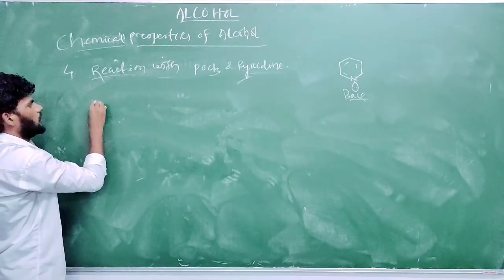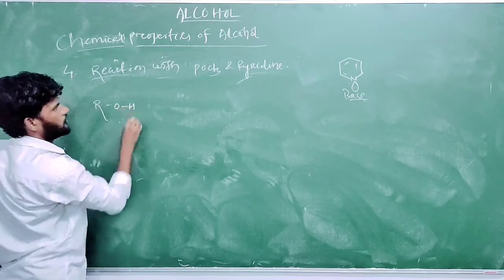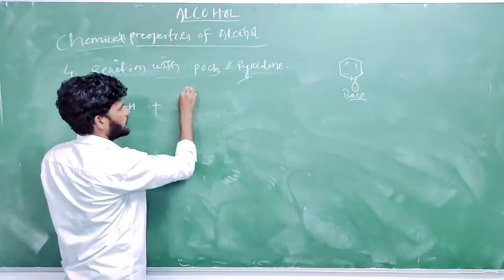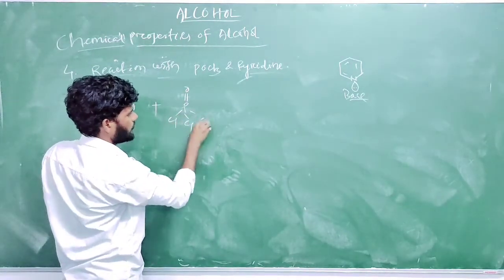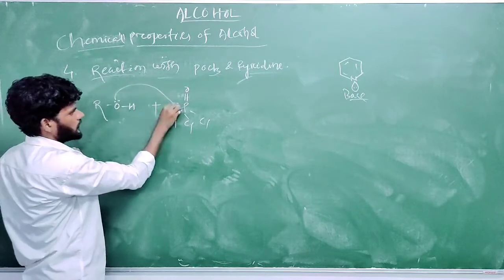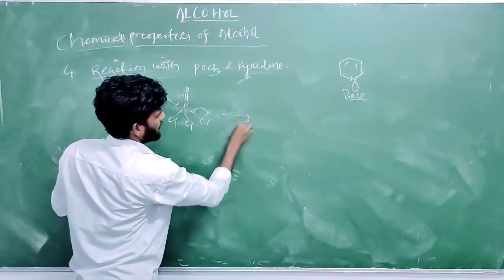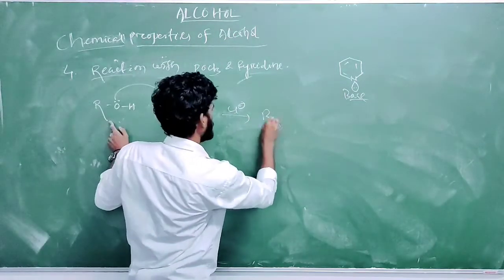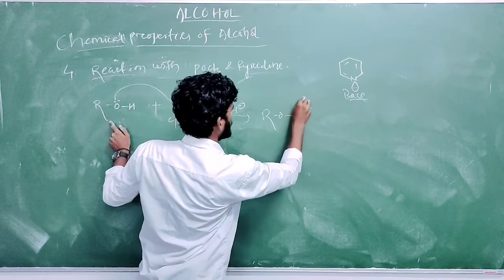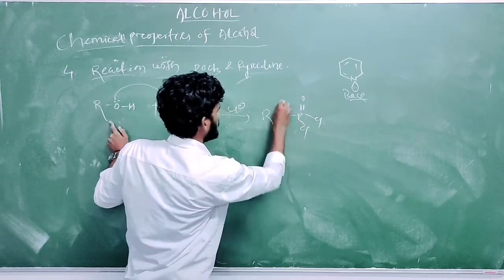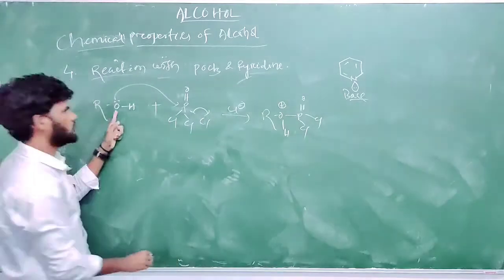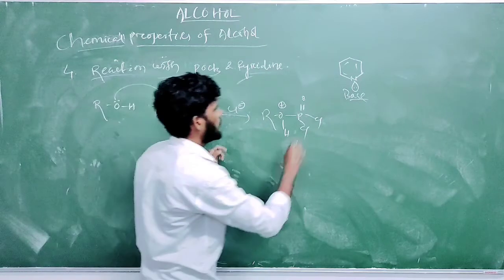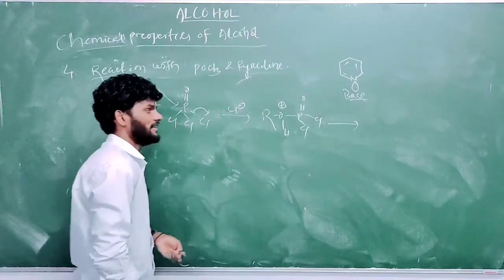Let us suppose we take alcohol ROH. To this alcohol, if you give POCl3, phosphorus how many valence? Pentavalent. So P double bond O, Cl3. What will happen? The oxygen lone pair attacks this phosphorus, and the chlorine group releases Cl minus. This is nucleophile, electrophile, a simple step. So what will the product be? RO, P, O, Cl, Cl, with a positive charge. Oxygen donates its electron to phosphorus, so there is a positive charge over oxygen. This is the transition state.